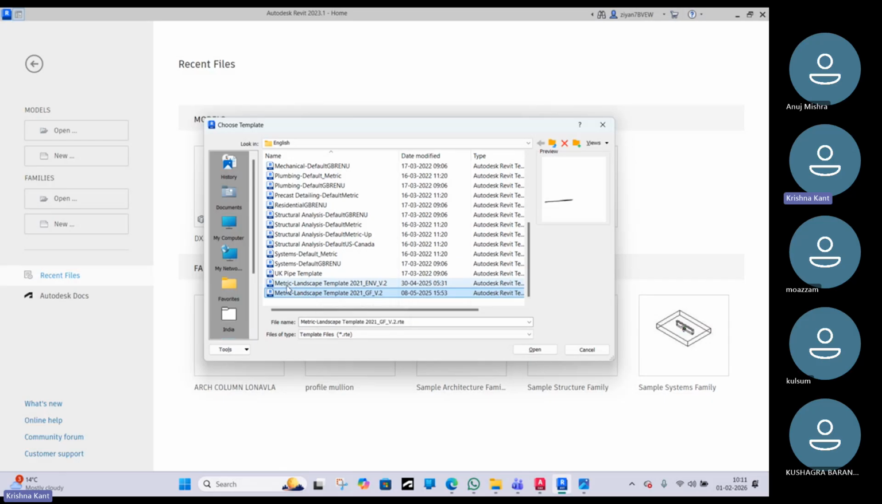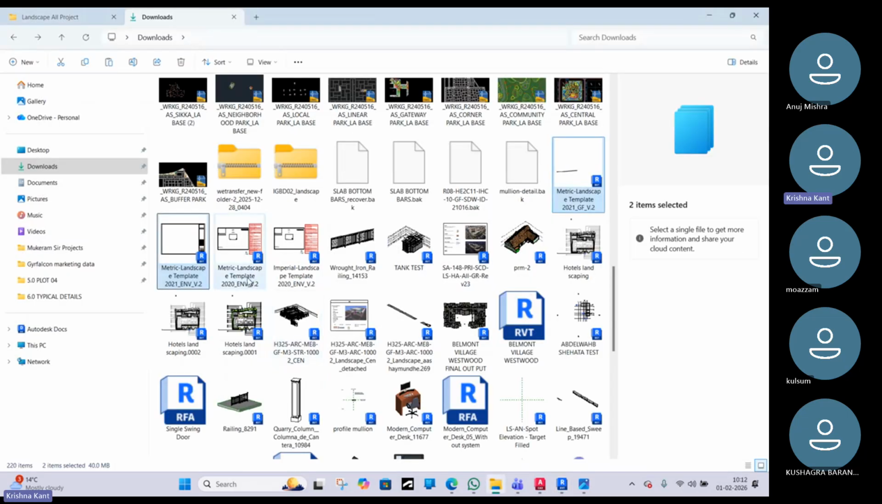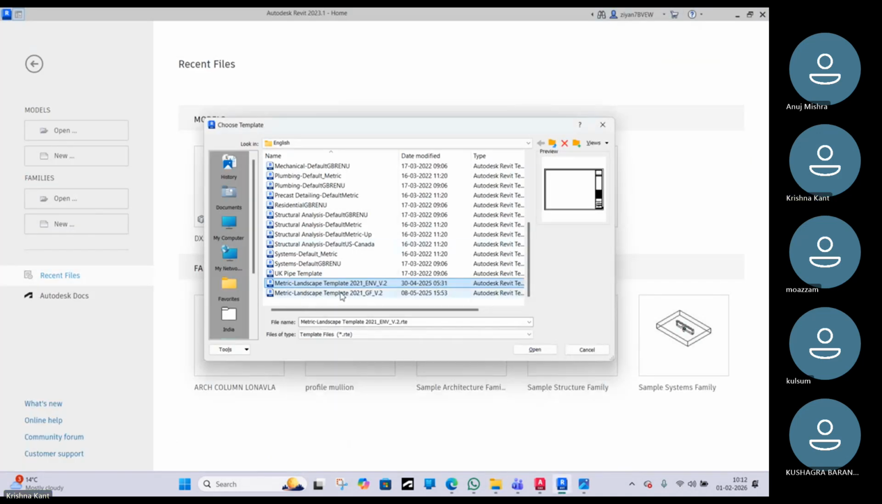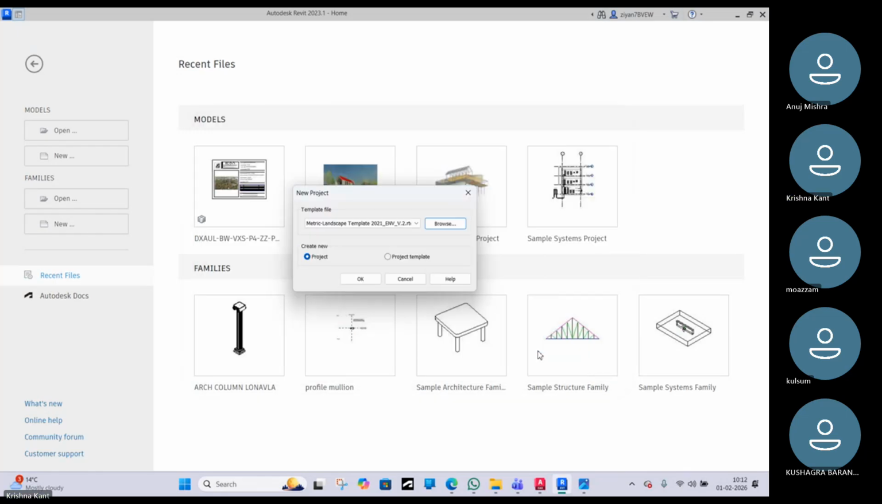Basically, one is metric, and we have another one, imperial, as well. But right now I am using only the metric template. Let's start. So when you open this template,